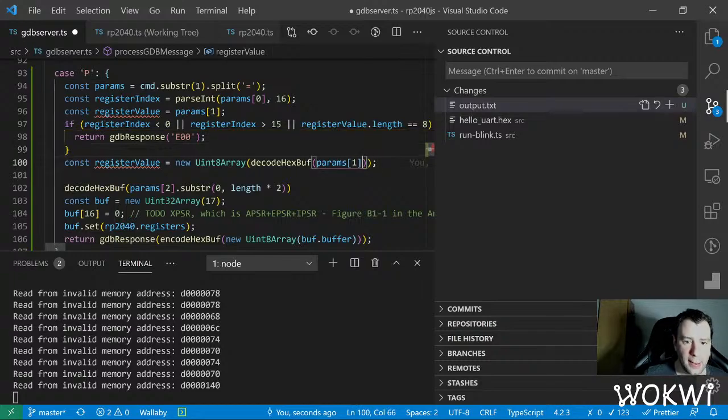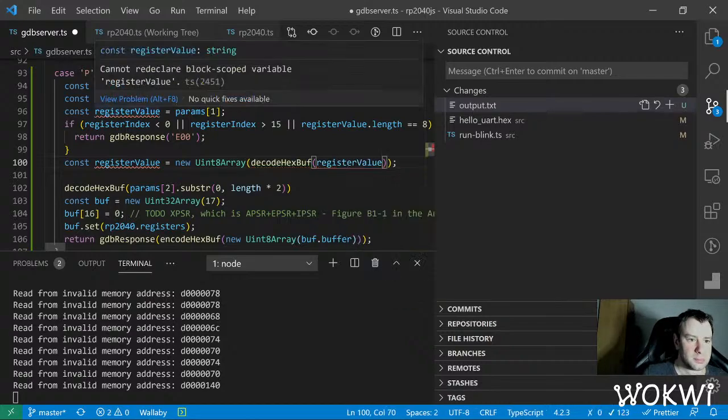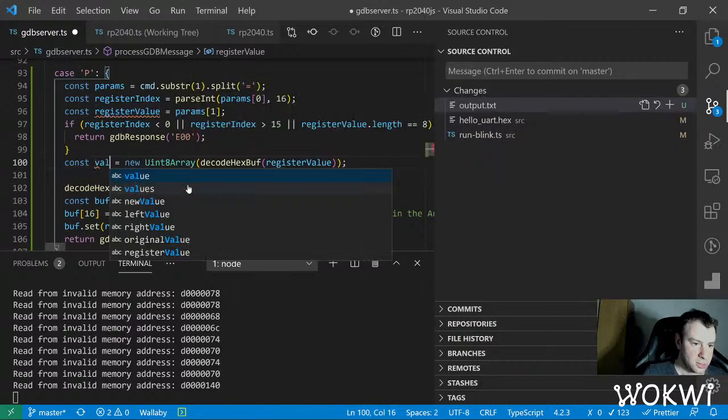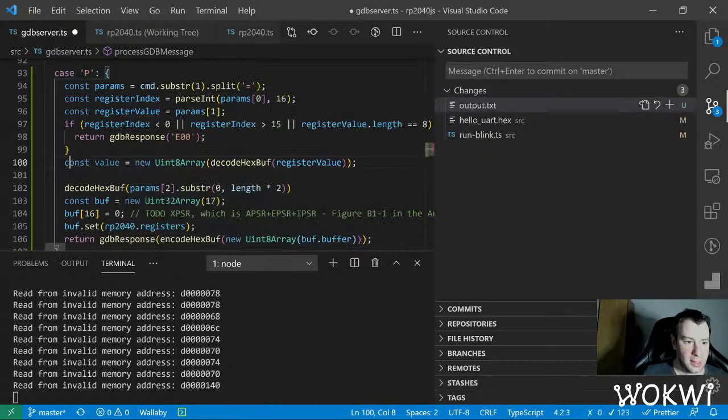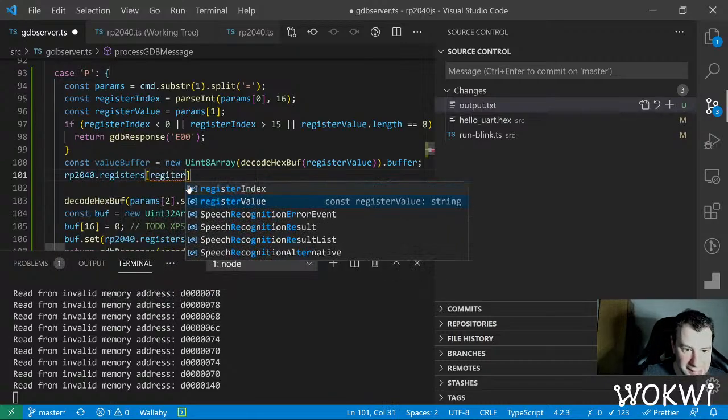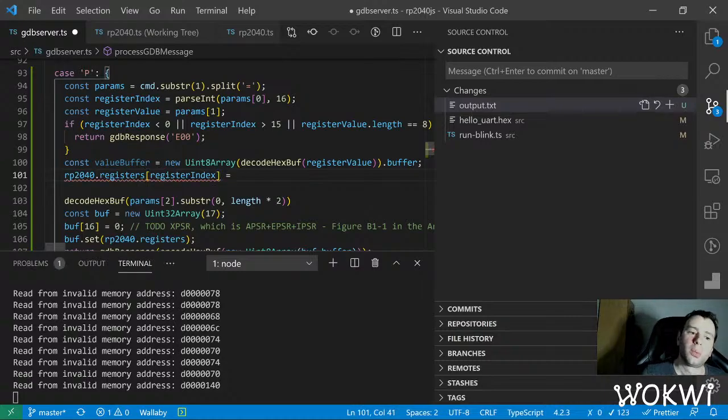All right, and then otherwise we just decode this register value. Let's just call it value. Value buffer, and we can take the buffer out of that, and then we can say rp2040.registers at register index equals